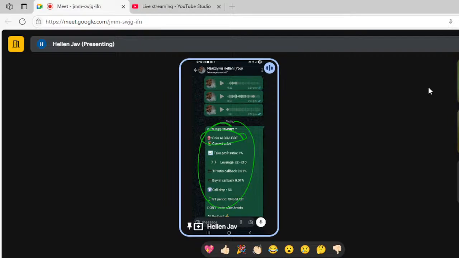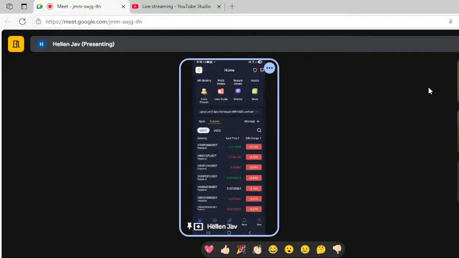Then after telling me to trade that coin ALGO, they're telling me to take 1%. You're getting my point? Then they're showing me the leverage. Okay? Before I can go any further, as I explained the other time, in features, one of the benefits is that we can always amplify our capital. What do I mean by that? Meaning that if